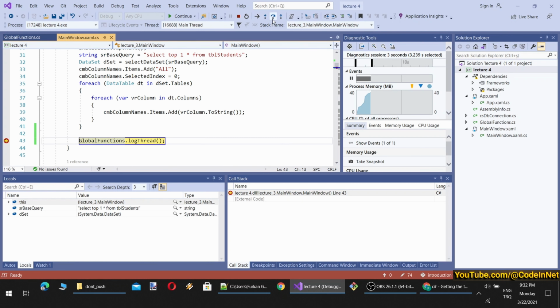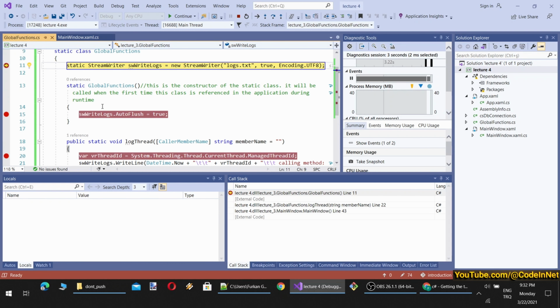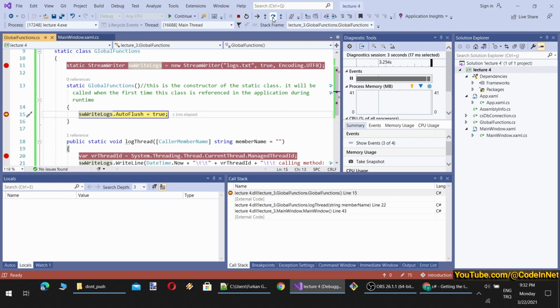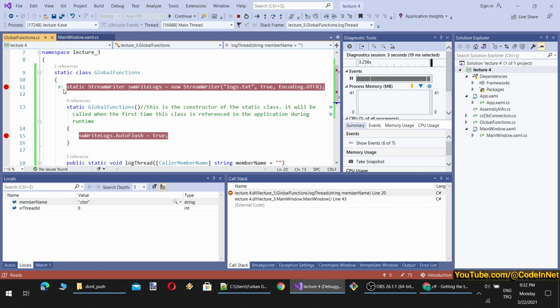When I click this, you will see it starts with the declaration of the static members, actually a field. Then it gets into the constructor. Here, you see it is now inside the constructor. And then it gets into the method call that I just made, but these two will not be called again. These are one-time things that happen when the static class is first initialized.